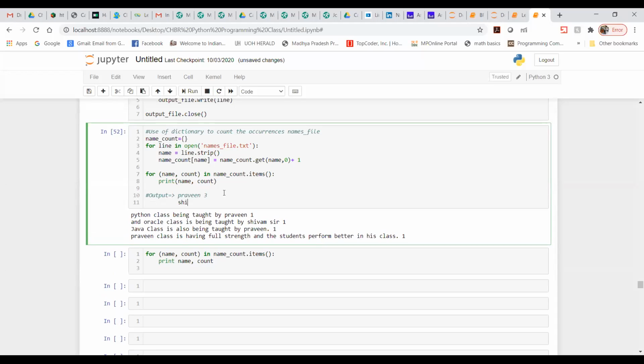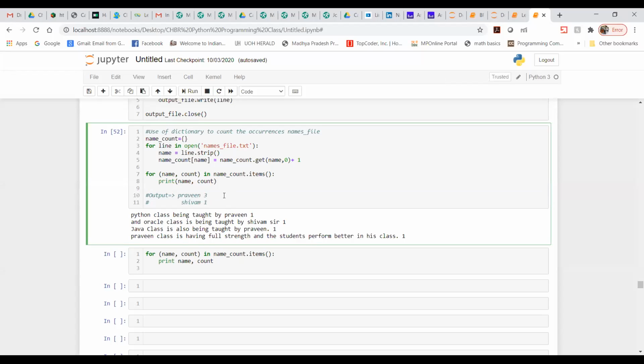Shivam, the count has to be 1. This is the output I am expecting, and now you need to do this.